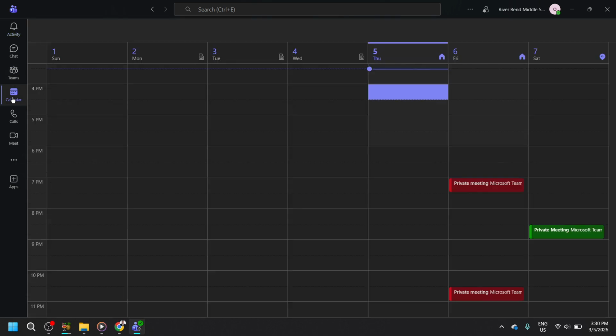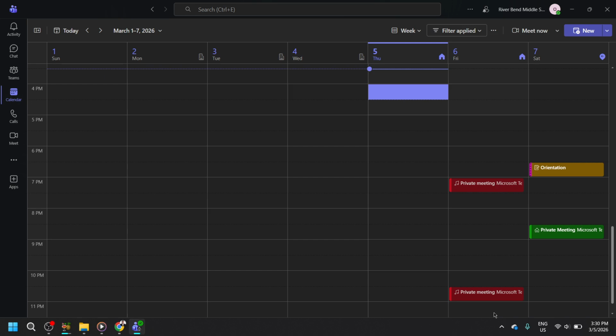This action will swiftly take you to your personal or team calendar view, displaying a comprehensive list of all upcoming and past meetings you are either organizing or have been invited to, setting the stage for our next step. Now that you're in your calendar view, you'll see a clear display of your scheduled meetings, often presented in a list or grid format. Your task here is to identify the specific meeting for which you intend to start a chat. This could be an important upcoming team sync, a routine one-on-one session, or any other scheduled event you are